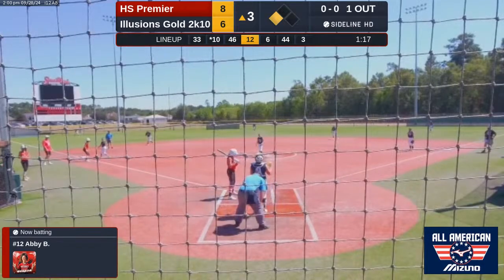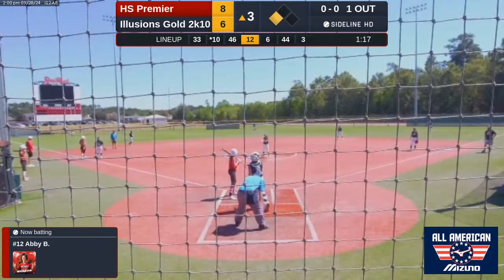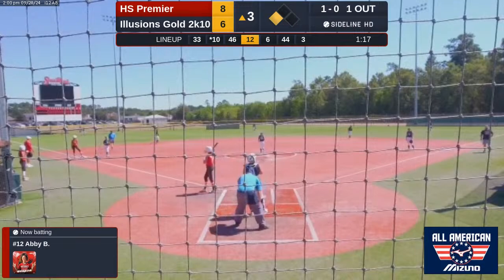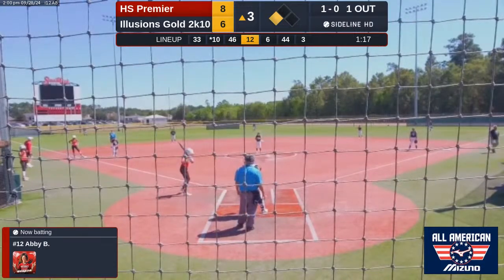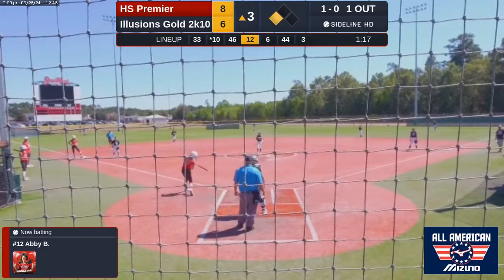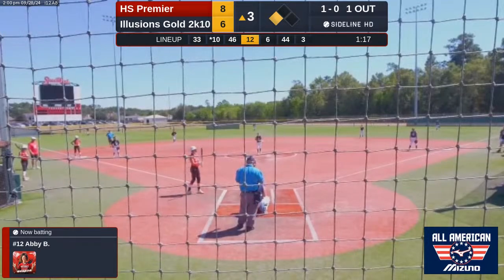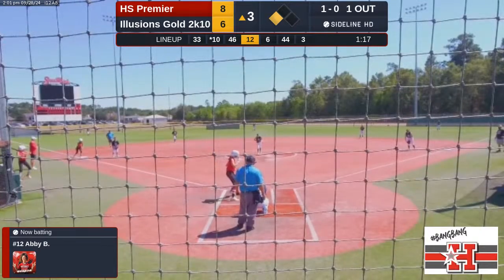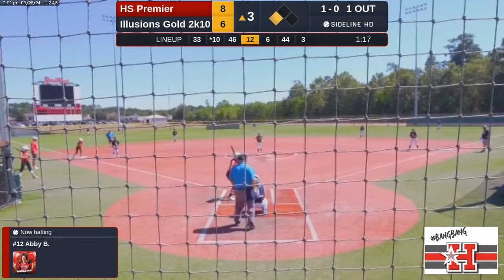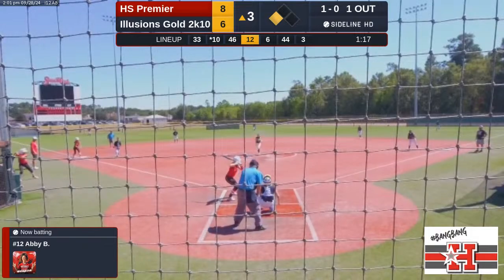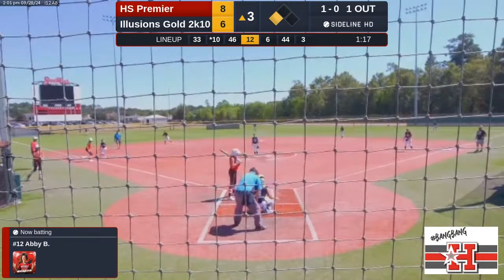Ball's up, ball one. So Carissa is courtesy running for Camille over at third base. Abby Beceda's your batter. We still have one out. But Camille is putting on a one-woman show here today, just ripping the ball around the park.